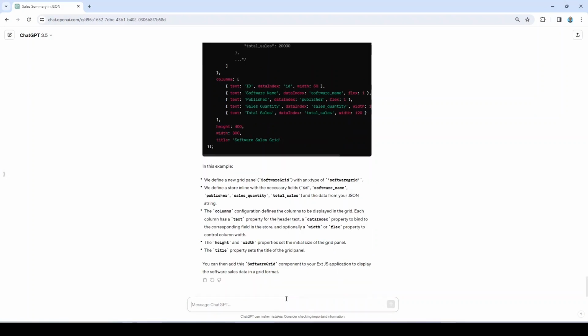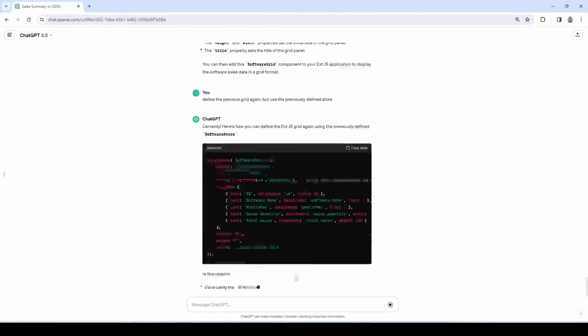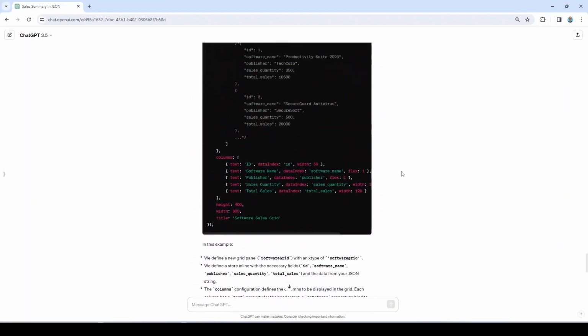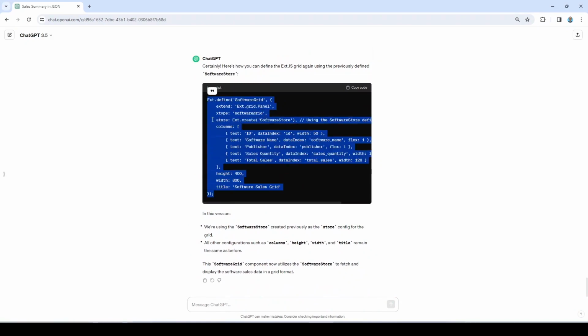So gonna say define the previous grid again, but use the previously defined store. So this time around, it is using this store instead of just putting the data hard coded there. As you can see, it is quite simple. So let's just copy,